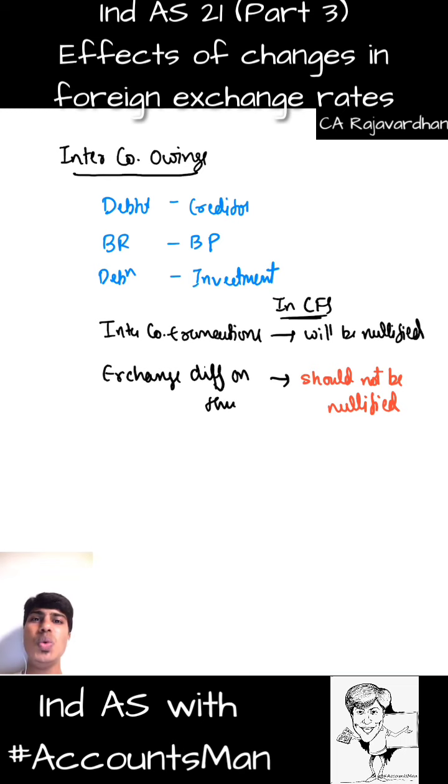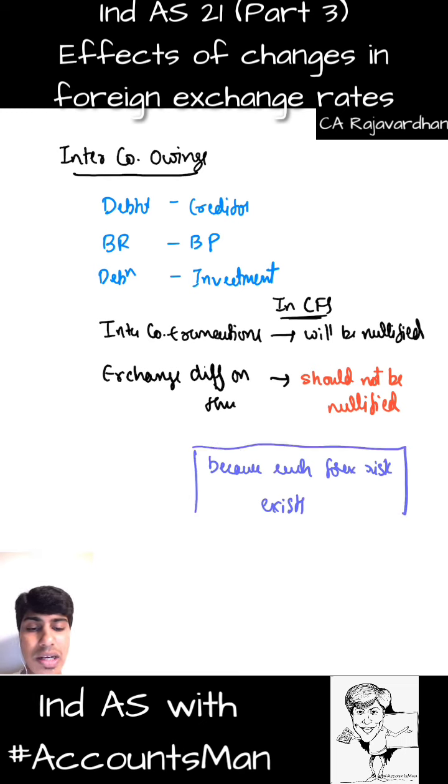Why? It is true, such forex risk exists, and this particular exchange difference should still be recorded in our consolidated financial statements. And if this exchange difference is with respect to a non-monetary item, which is a long-term asset or liability, receivable or payable, not expected or planned to be settled in the foreseeable future, then it will go to our OCI till the time that foreign operation is disposed. That's an important point to be remembered.